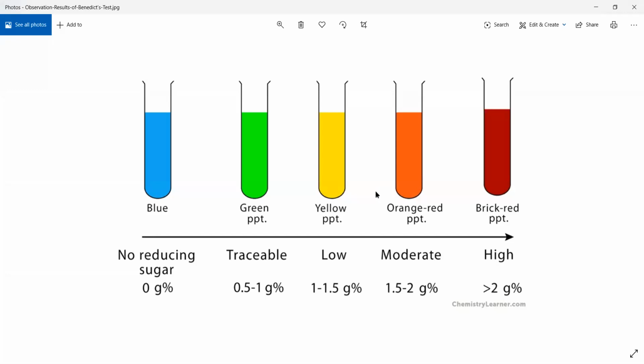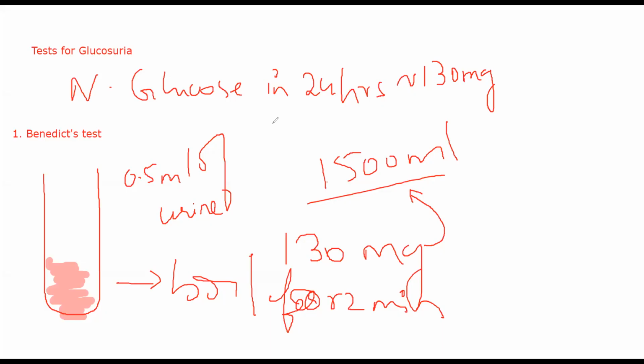As the concentration of glucose or any other sugar increases, you will have change in color. So initially it will be green, a little more concentration yellow, a little more concentration orangish red, very high concentration it will be brick red. ठीक है, this generally represents that there is 2 grams per dl. यहाँ पर 2 grams percentage लिखा, but brick red generally represents that there is 2 grams per deciliter of sugar present in the patient's urine. So quite high.